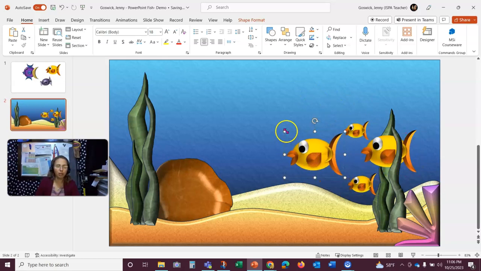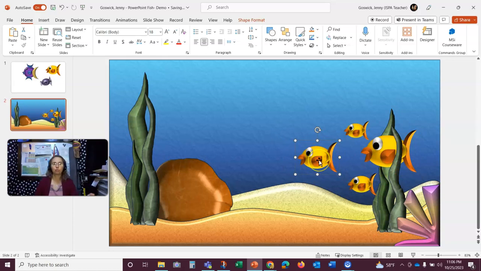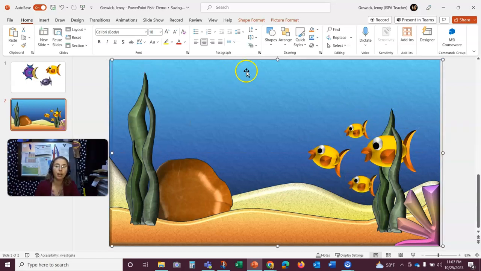Now that's kind of boring. They're all kind of the same direction. They're all looking that way. That's okay, and it could be following, facing inward with all of my fish facing in towards the center. So maybe I'll just rotate some and give them some interest based on their positioning, so they're not all so straight in there. Occasionally you might click on your background and move something, so just know that you need